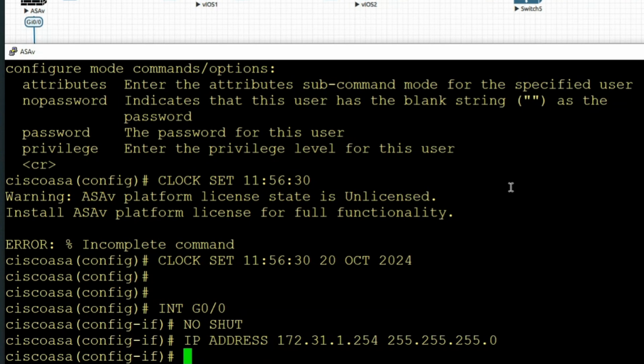But now we're going to have to give this interface a name, because that's how we're going to set the security levels. And when we start doing all these different things and creating policies, we are going to name the interface that this is going to be for.